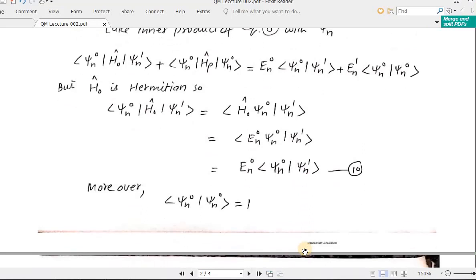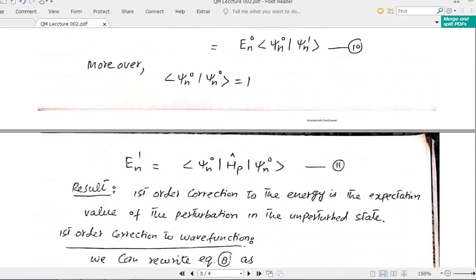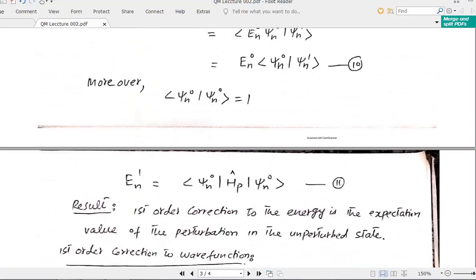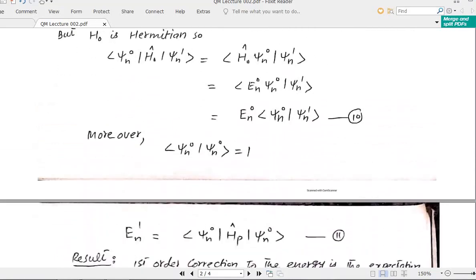In the above equation, we use that psi n naught and psi n naught is equal to 1, as can be seen on the right hand side, and the second term on the left. So using this part, En1 can be calculated as En1 is equal to psi n naught Hp psi n naught,